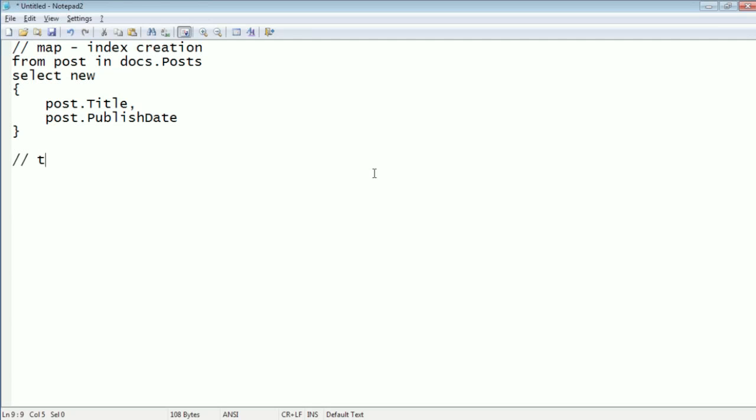The second stage, we call it transform results, also live projections. And this means that, okay, now that I've found the set of documents that match the query, I can run transformations on them. So this looks something like this.